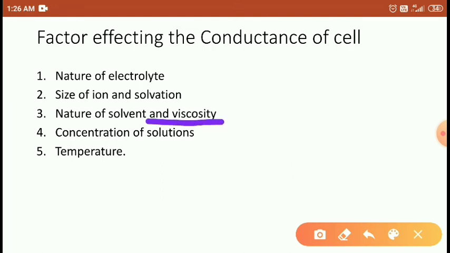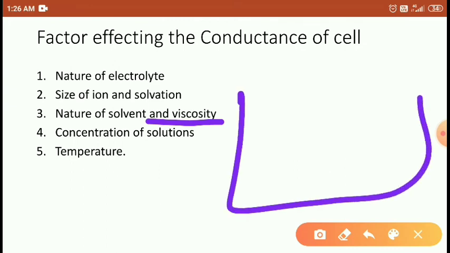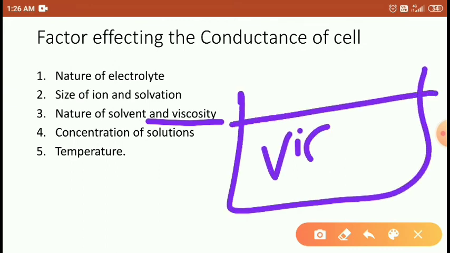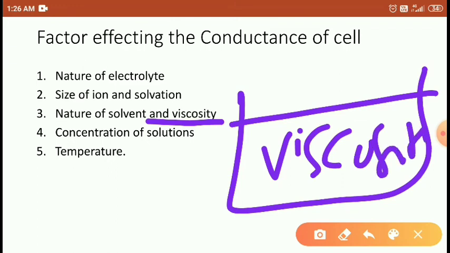Viscosity. Viscosity means rigidity in the liquid. If the liquid you are using is viscous, meaning rigid, gel like or gum like, the gel like species cannot flow to the respective electrodes, because in the gel like species the ions are in a rigid form, holding attraction, so they cannot move to the respective electrodes. Students,